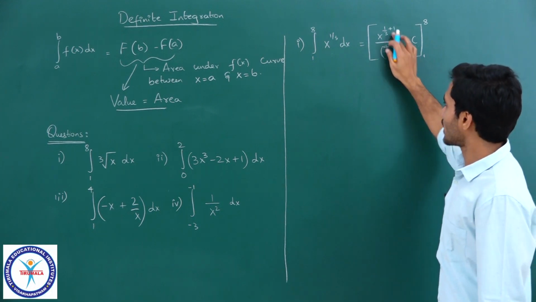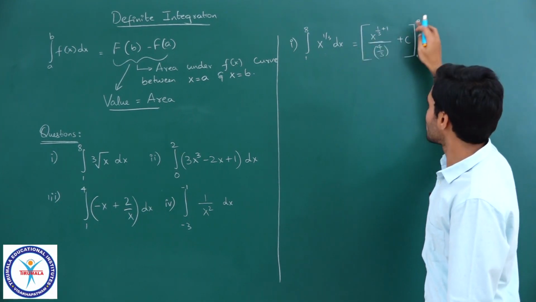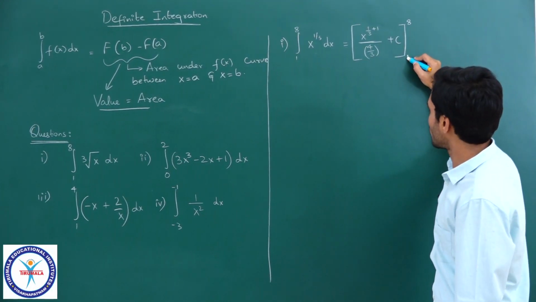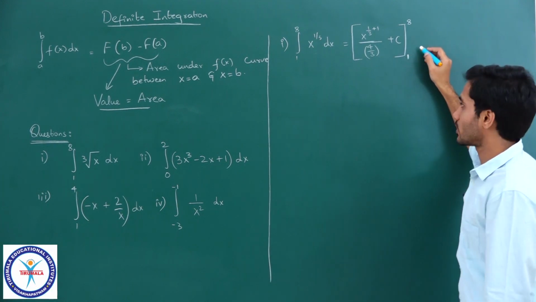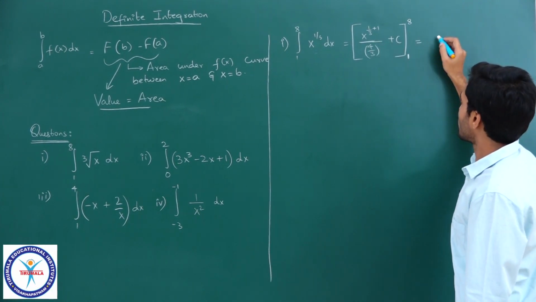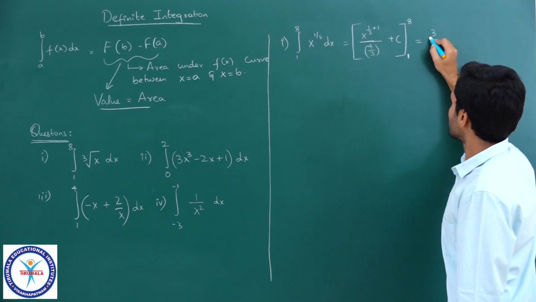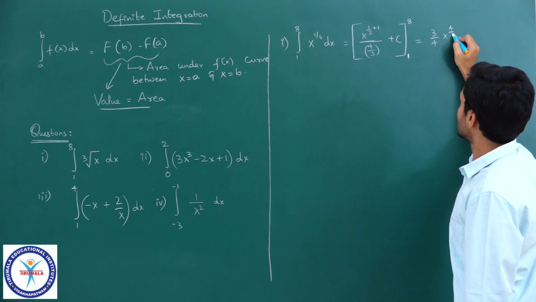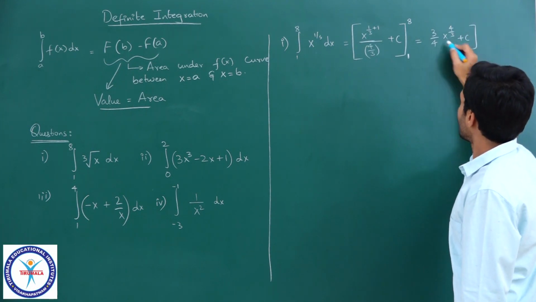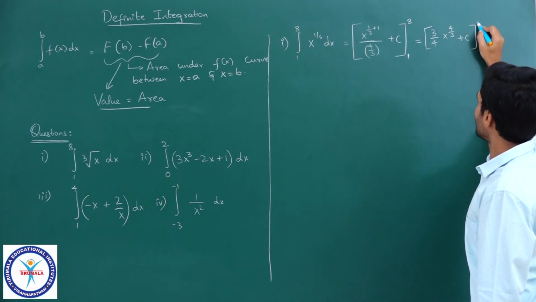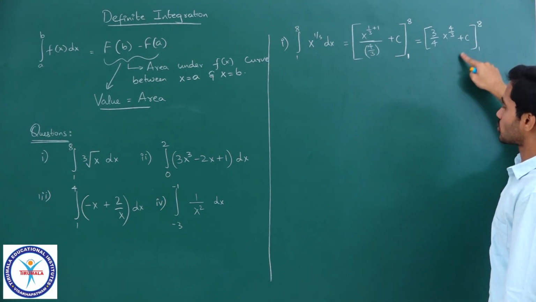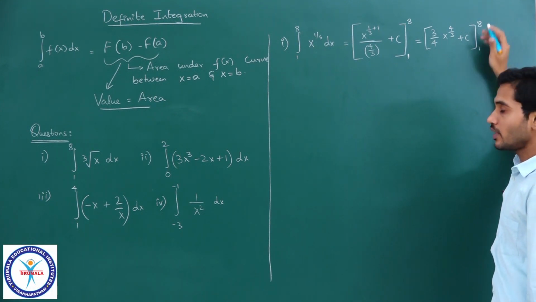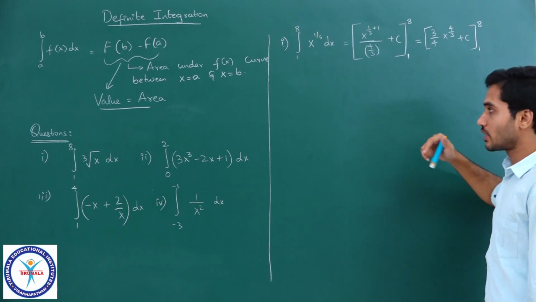So, what this means is that I found the antiderivative, I am going to substitute 8 into this, I am going to substitute 1 into this. So, that is what this means. This is the lower limit and this is the upper limit. Okay. Now, if I evaluate this, I would be getting 3 by 4 goes to the numerator. So, 3 by 4 x power 4 by 3 plus c. So, continue that lower limit and upper limit. Which means you have not yet substituted. As long as you are writing 1 and 8, it means that you will be substituting in the next step, right.